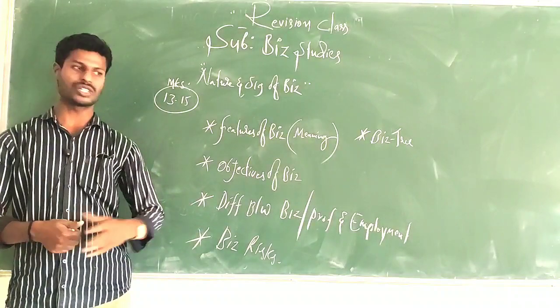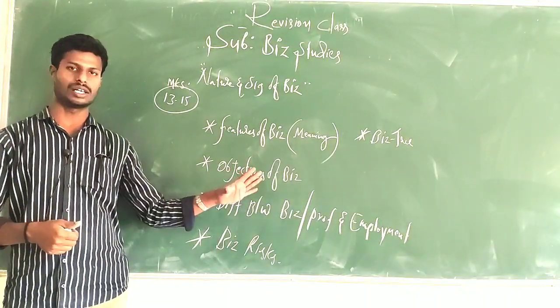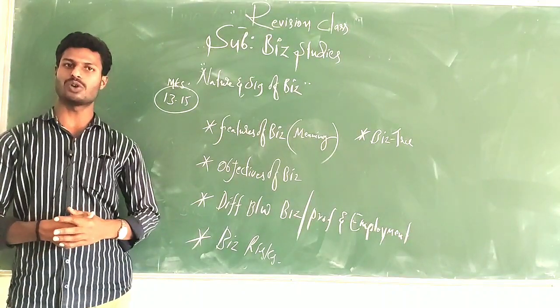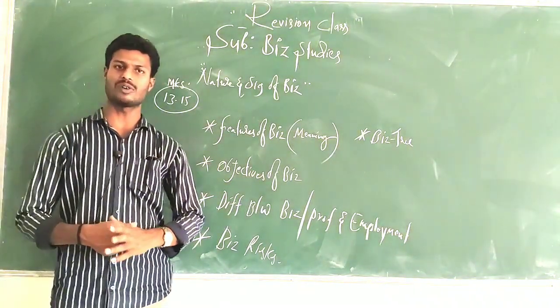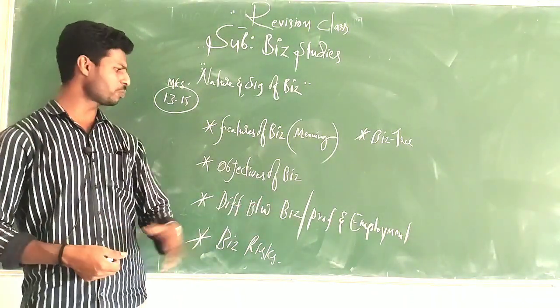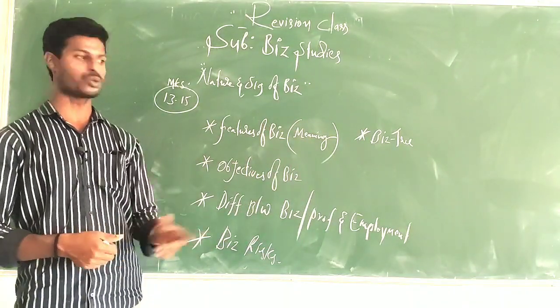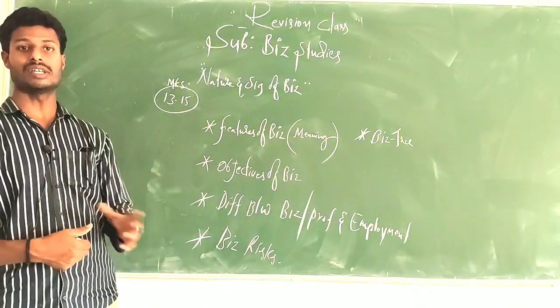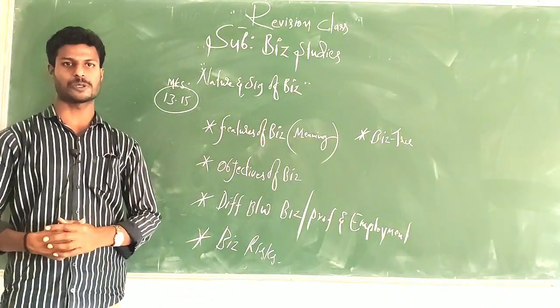And come to employment here: less risk, no need of investment, and always employment based on written agreements, and employees get salary or remuneration. Actually, these are the general differences between business, profession and employment. This is the most expected question for section D, 8 marks. Differences: business, profession and employment.